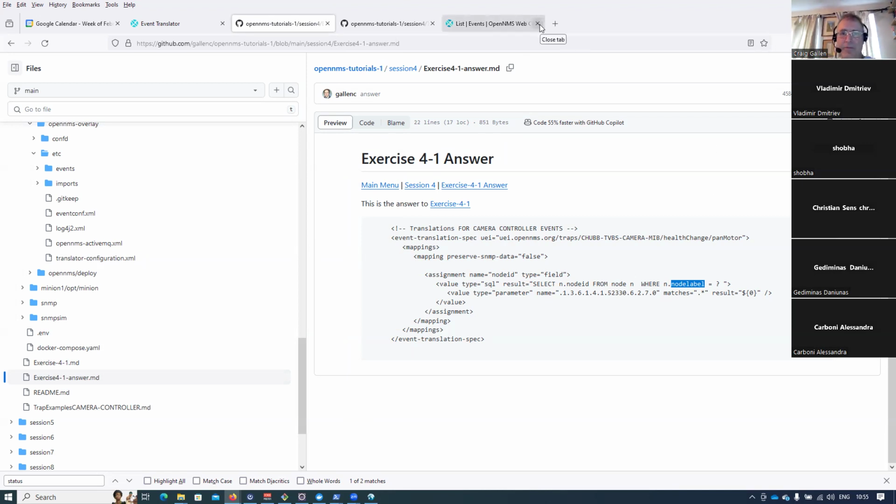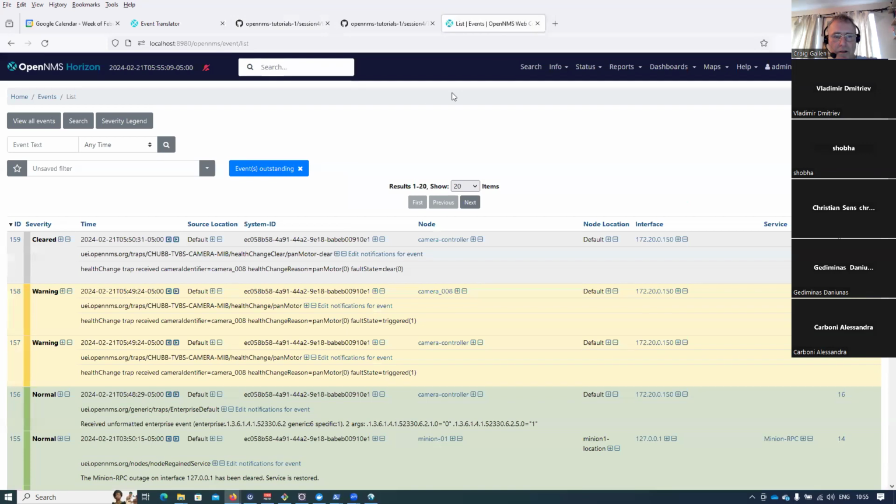Otherwise, you have to find other methods. That's exactly right. From my perspective, it's quite costly to know in advance which are the nodes because they can change. I agree, but the point is that unless you've got that information being sent to you by the equipment, you won't know. Either you've got the IP address of the equipment, or you've got some other bit of information. But whatever are the messages that are sent to the platform,